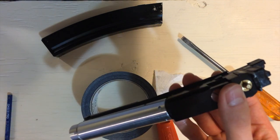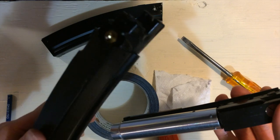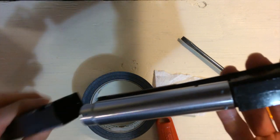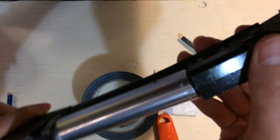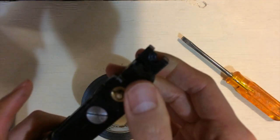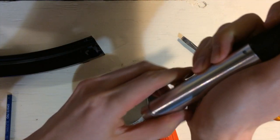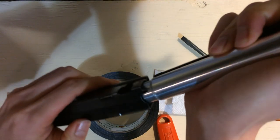So good thing they sell extras. This one doesn't seem to be having issues, but this one does. So that's just the way it is, unfortunately, folks. So put this back. See? What a waste of a CO2 cartridge. Let me see if we can try to...